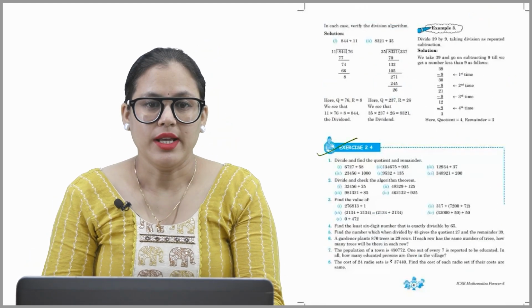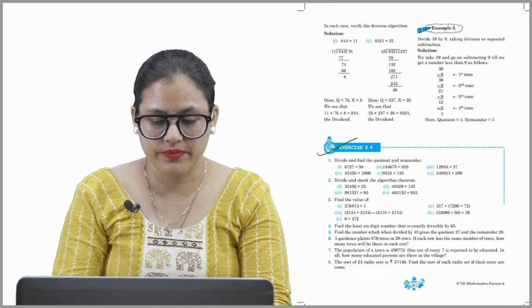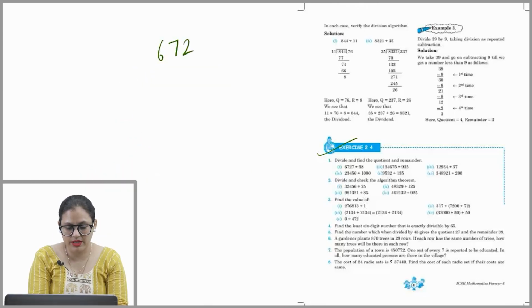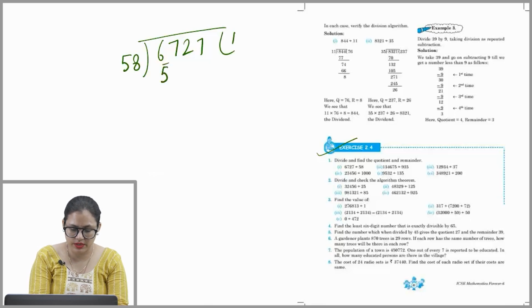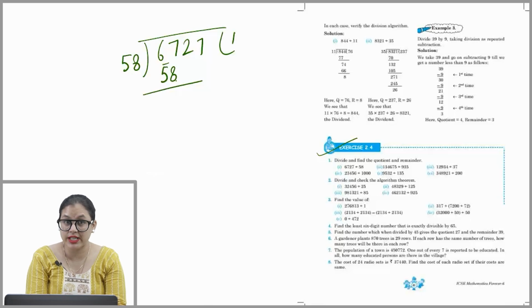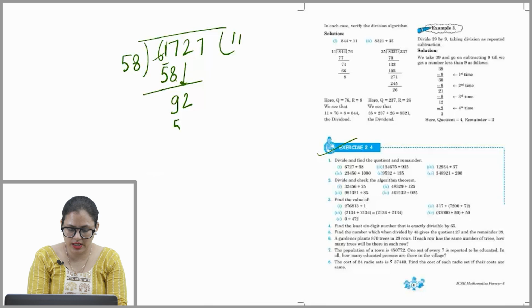Exercise 2.4. Divide and find the quotient and remainder. 6,727 divided by 58. Okay. We will take the first two digits. 58 ones are 58. 7 minus 8, we cannot subtract 8 from 7, so we will take a carry from here. 17 minus 8 is what? 9. Then 2. Again 5 ones are 5, 8 ones are 8. 12 minus 8 is 4, and 8 minus 5 is what? 3. Then